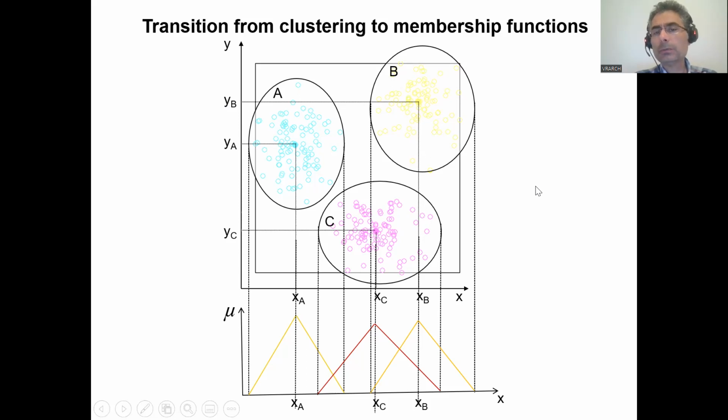Even you can use a Gaussian membership function because there's a center here, and this width will be able to help you to define the width in that Gaussian membership function. But let's stick to the triangular membership function. So the center is the center of the triangular membership function where the degree of membership is 1. The reason is that the center